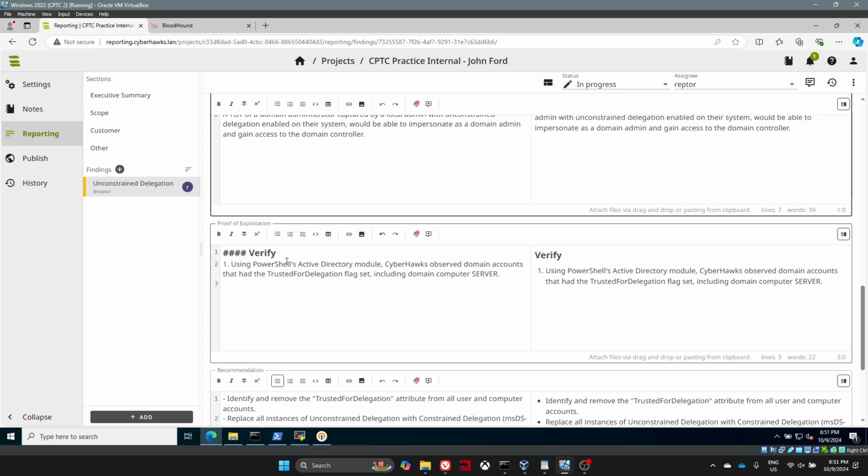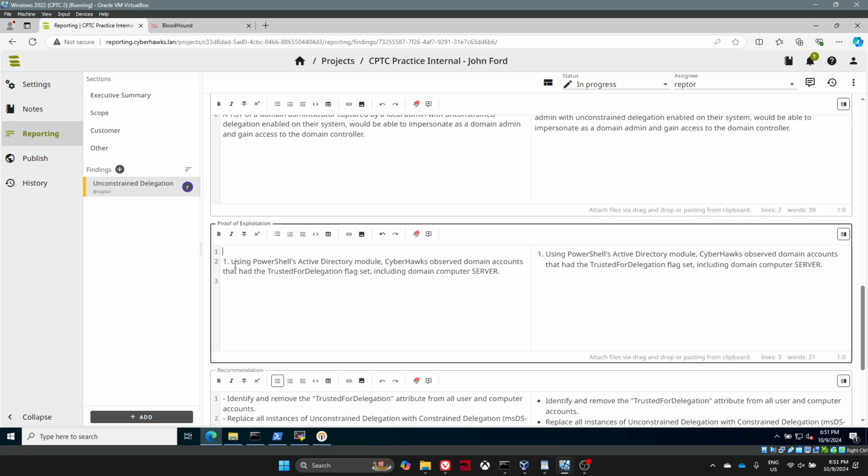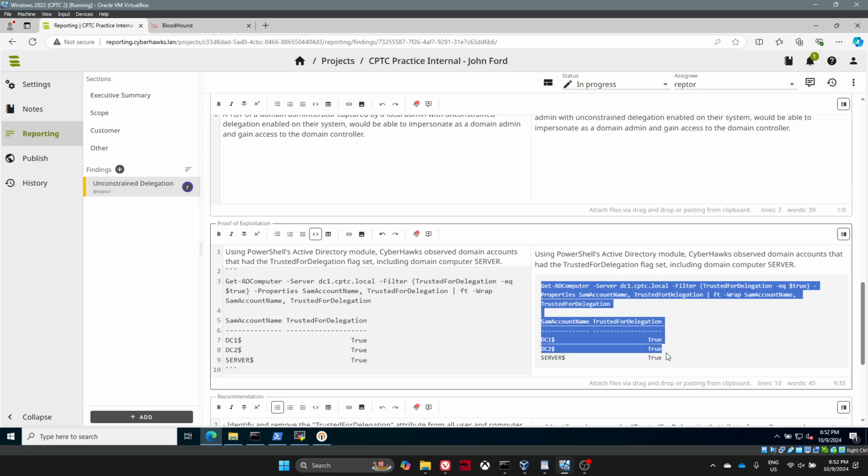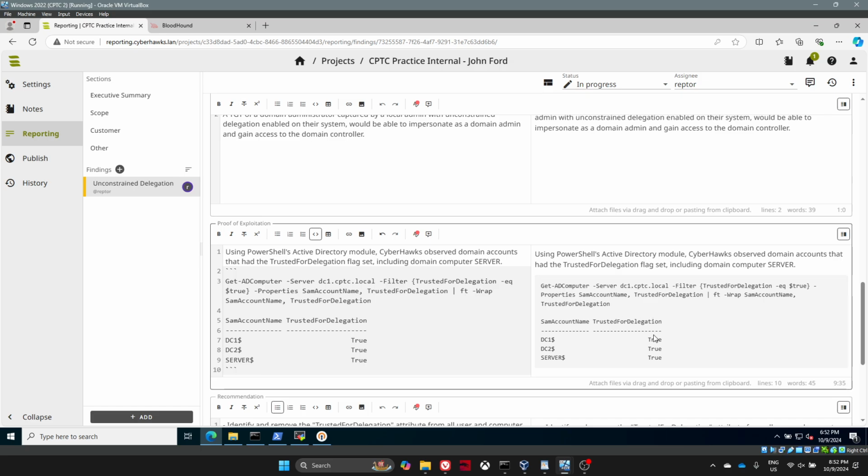And sorry, I'm looking at the wrong thing. And then the other thing I'm going to do, we don't need this one. I might add it back in later. We're going to include a code block so that it's nice and fancy. And boom, now we have a code block that includes the proof that